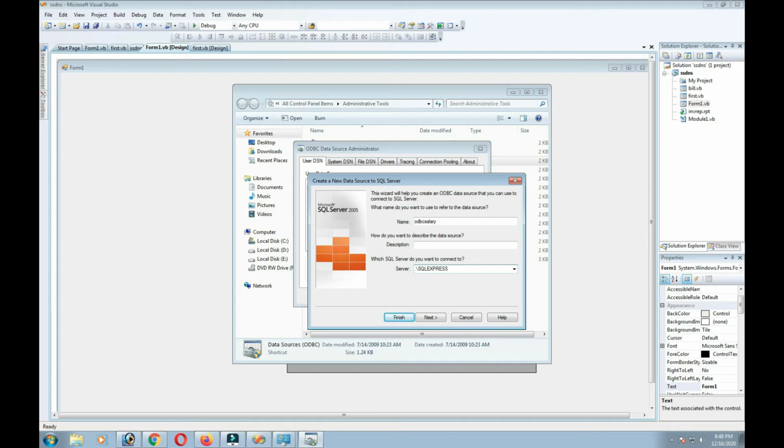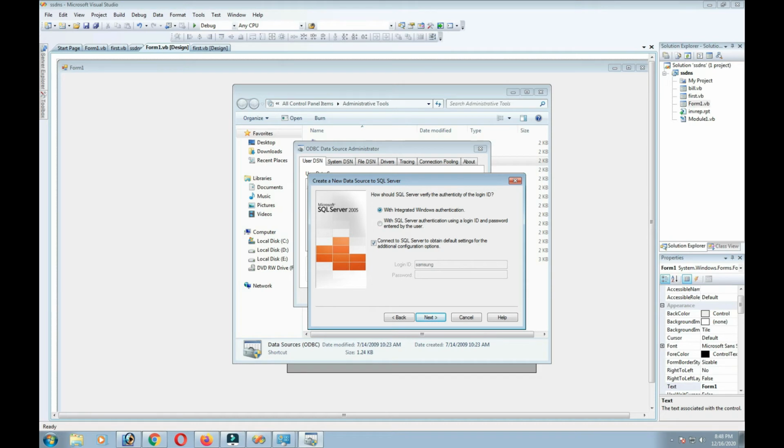Why I am not giving the system name instead of the dot is that if you give the system name, on the client side it won't run, because you are packing, you are making the exe file. So that's why the dot means it's universal. Any area it will work. Once you press it, automatically you can see the Windows integrated authentication. So you have to keep it like that.